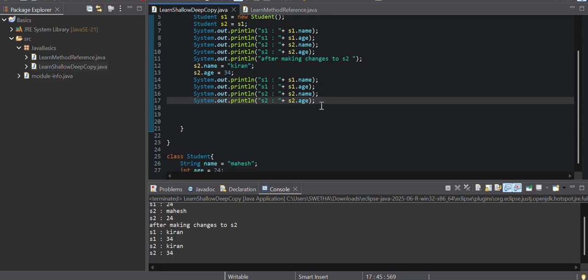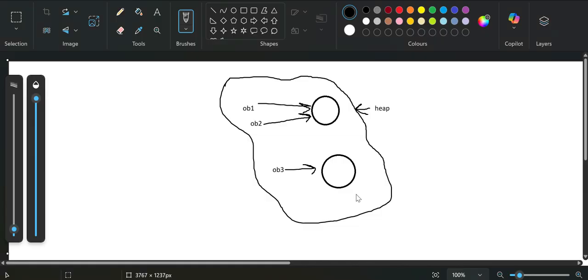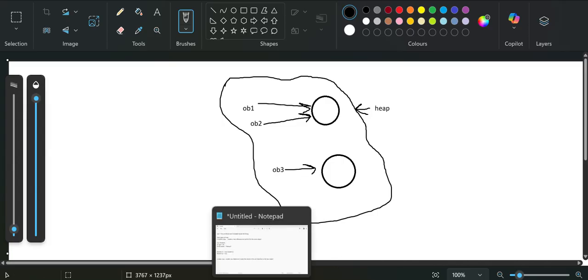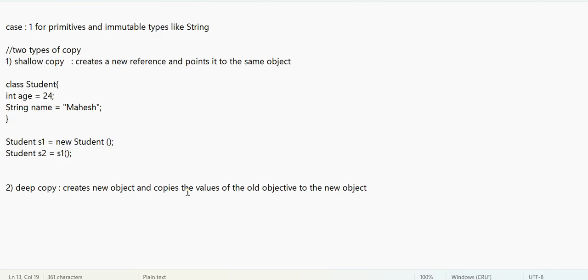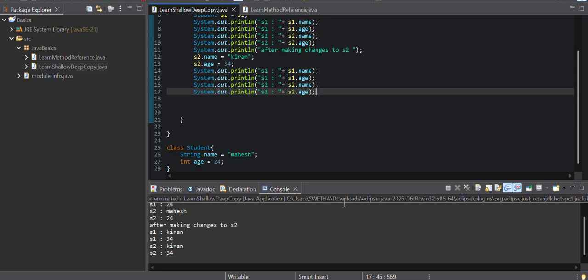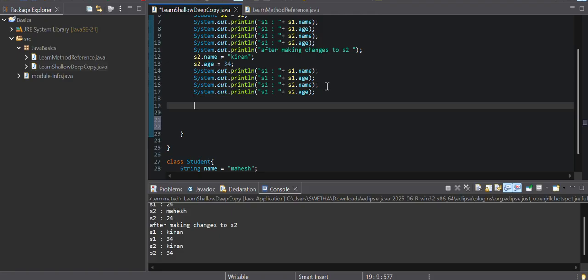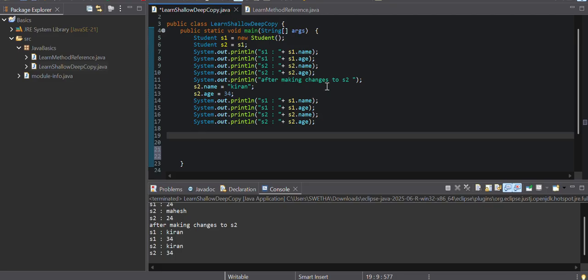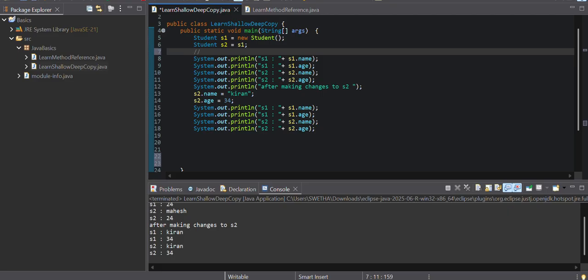Okay. So what happens in deep copy is it will create a new object and refer to that object. Here it is also mentioned that it will create a new object and then copy the old object values to that new object, and whatever changes are made to that object will not be reflected in the first object. Okay. So for the deep copy, how it does this,